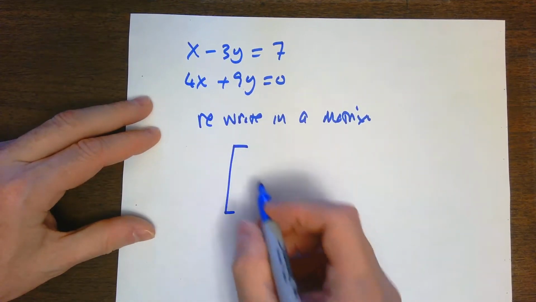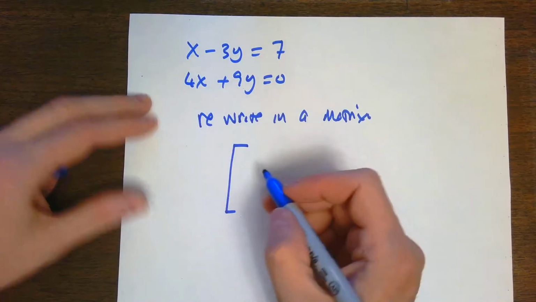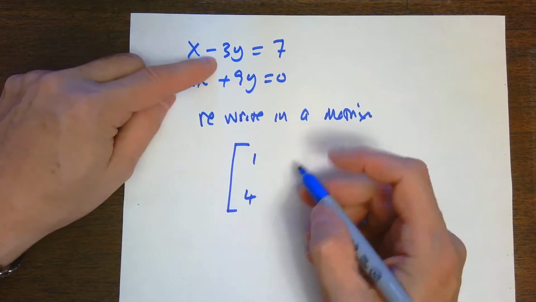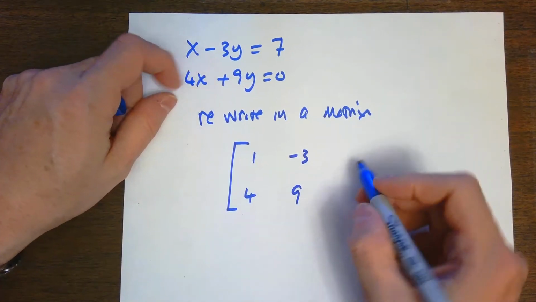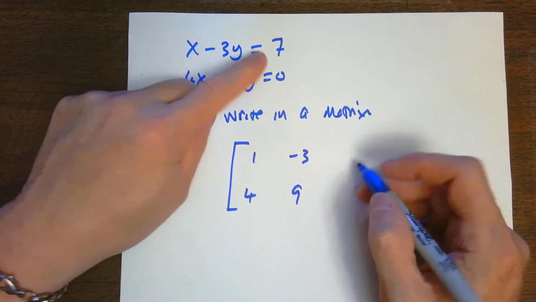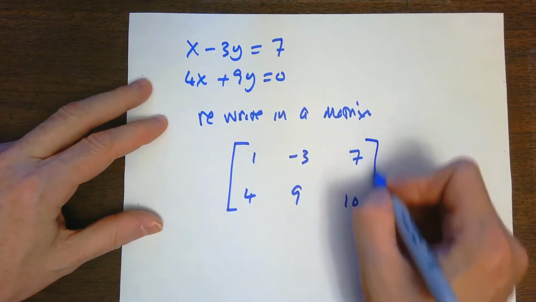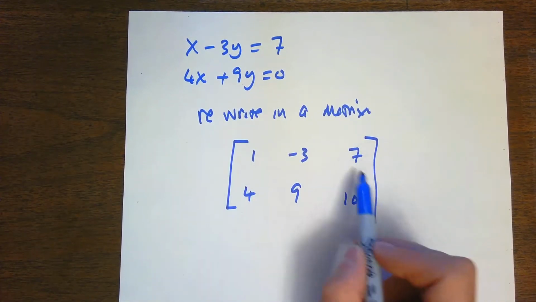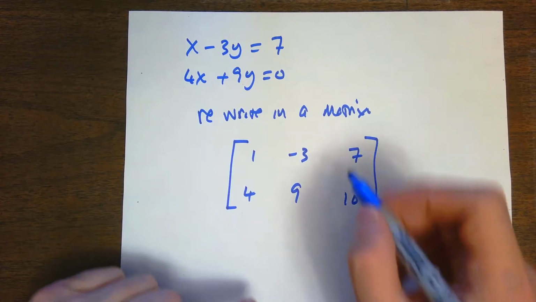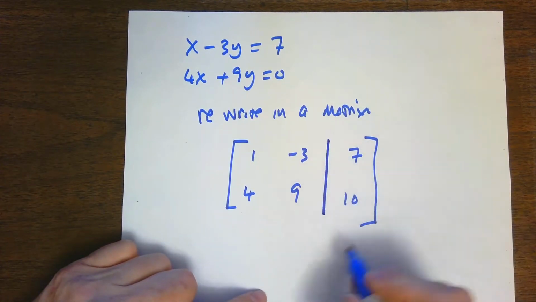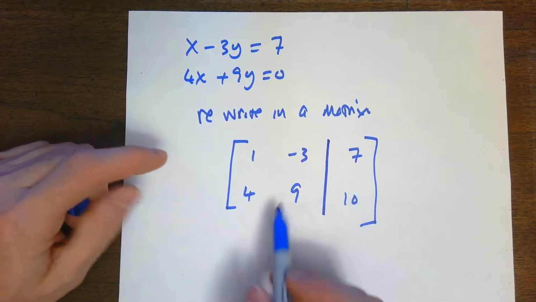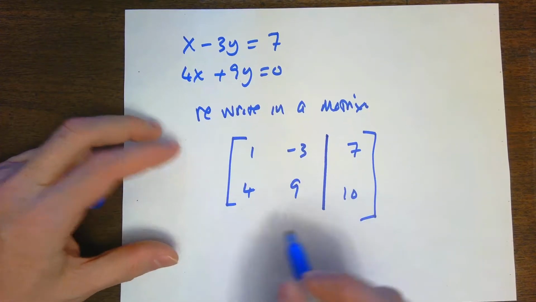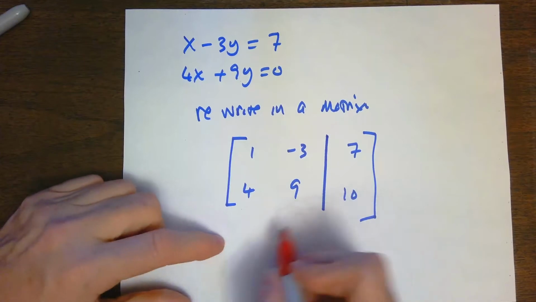So as I put it in a matrix format, the first column is going to be the coefficients of the x, the 1 and the 4. The second column is the coefficients of the y's, the negative 3 and the 9. And then the third column is the constants, the 7 and the 10. Now, these are coefficients of variables. These are constants. So what we're actually going to do is put a line right down the middle, and this is an augmentation, to differentiate between the variables and the constants. So this is actually something called an augmented